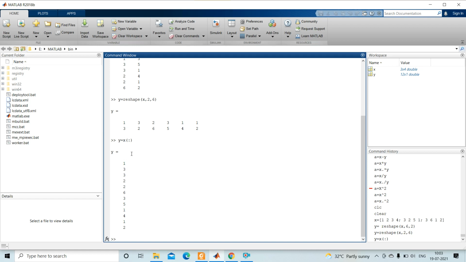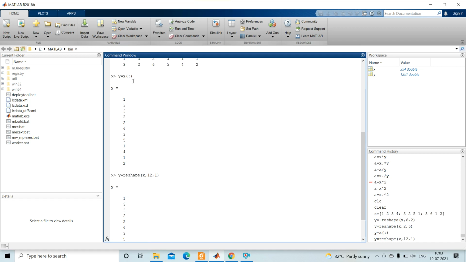So we can change it into 12 rows 1 column, 12 cross 1, by using this command directly, or you can also write y equal to reshape x comma 12 comma 1. Okay, so instead of writing this command we can write this also for getting a 12 cross 1 matrix from this 3 cross 4 matrix.